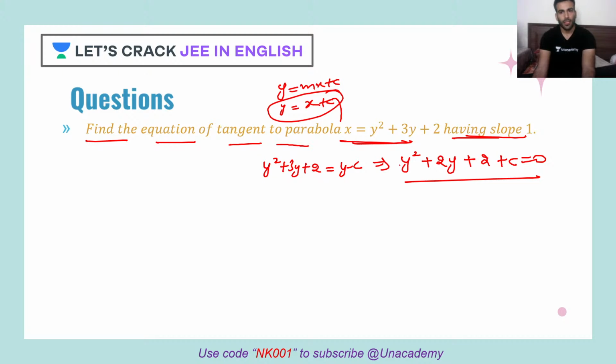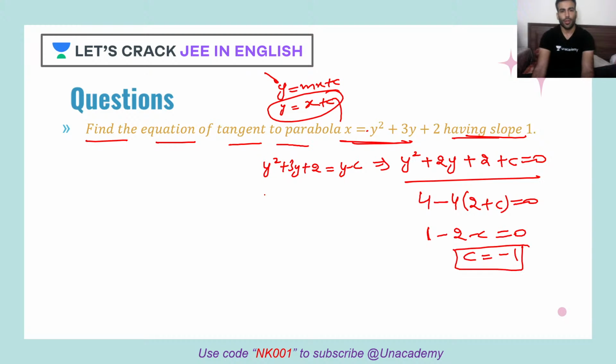Correct? Now this is your equation in y, a quadratic equation. Now as we are saying that this line is intersecting this parabola only at one point, touching, right? So it should have only one root. When it should have only one root, what does that mean? That clearly means that the determinant of this quadratic equation would be 0. So determinant is B square minus 4 times AC, right? A is your 1, C is 2 plus C, equal to 0. So 4 will cancel out. So 1 minus 2 minus C will be 0. So my C will be minus 1. Put it here. Y is equal to x minus 1. That's it. This is your answer.